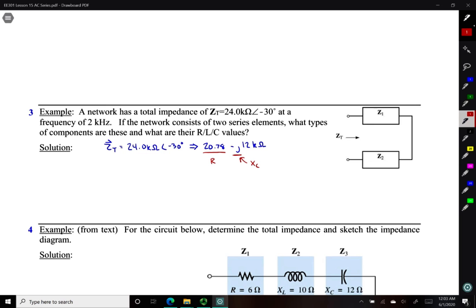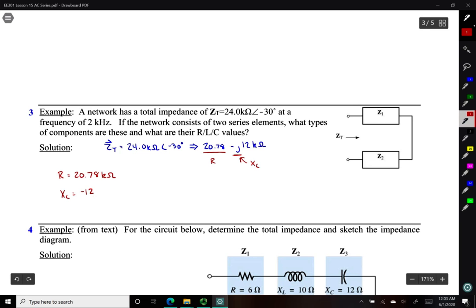Now to find the respective values of the capacitor and resistor, well, we know that our resistor is independent of frequency. So our resistor is 20.78 kilo ohms. Okay, pretty straightforward. Now our capacitor, on the other hand,